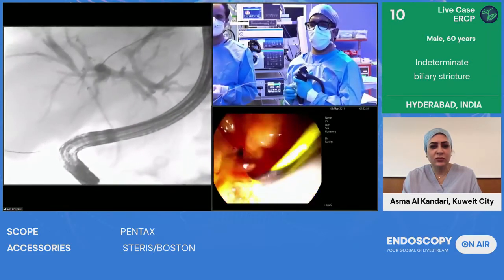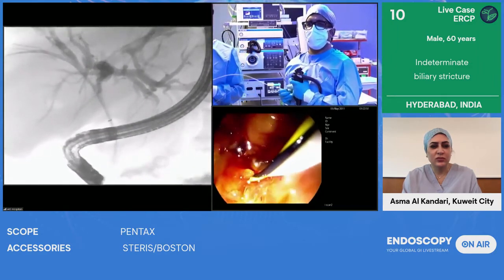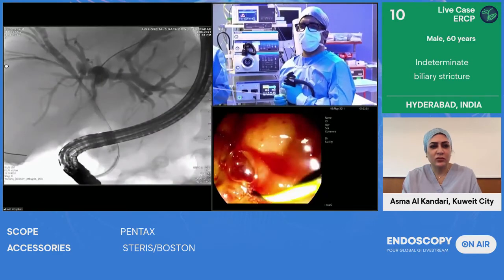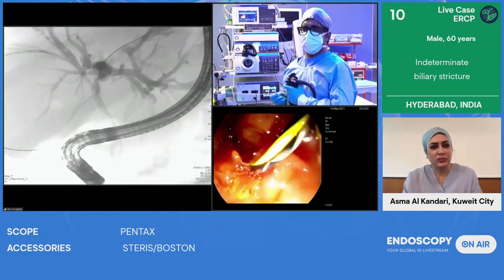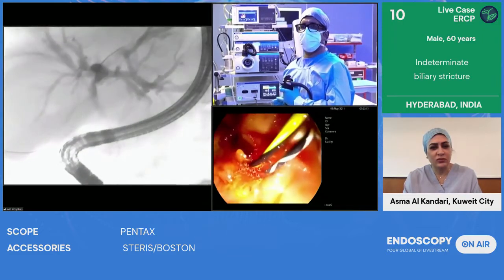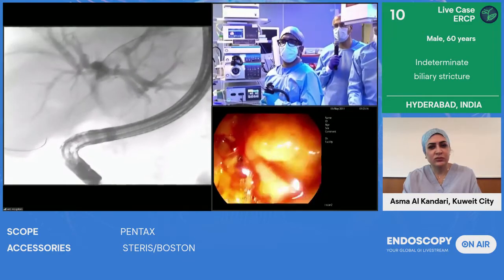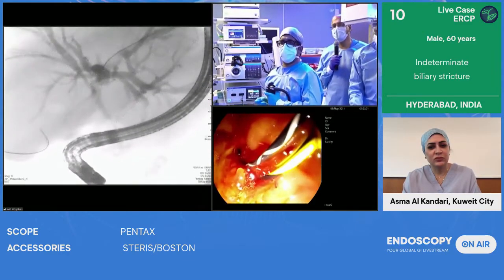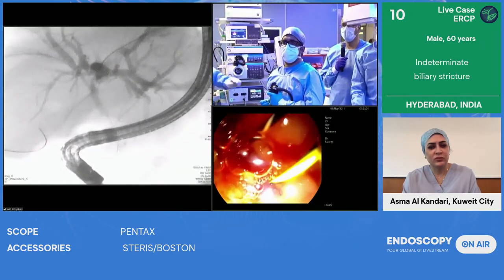So you can see now there is a stricture over there, and we have separation of right and left hepatic duct. We have not yet seen the right posterior duct. So I think both the wires are there, and Mohan, we also have the cytology ready. Dr. Anuradha has seen the slides already. She'll just show it to you on the slides. It looks like malignant cells which are very nicely seen. So we'll ask her to project this and show us before you put in the stents.